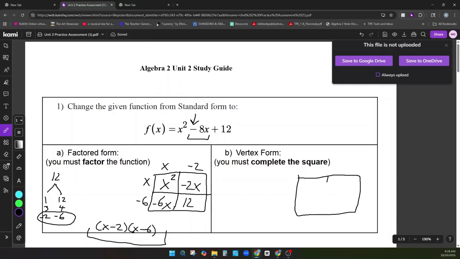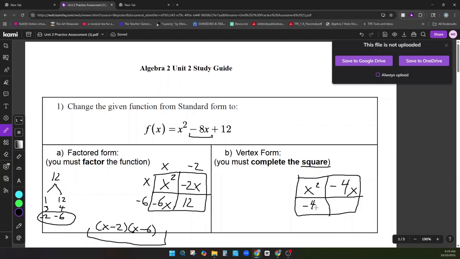But in this case, rather than do first and last terms, I do my first term, that being x squared. But then what I do is I split my x's. Right now I have negative 8x, so I have negative 8, and I want to split them evenly. I'm completing the square. Squares are even on all sides, so I'm trying to make my box even on all sides. So that means I need to split my x's evenly. Half of negative 8 is negative 4. I'm going to split my x's into negative 4x